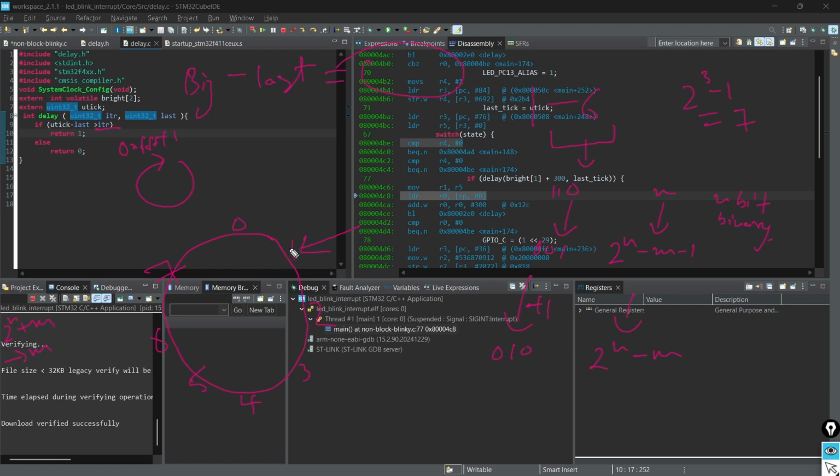For example, here we have the 3-bit binary number 1. We add 2 to the power n, that is 8. Let us add 1, 2, 3, 4, 5, 6, 7, 8. You can see how we return back to the original that we started with.